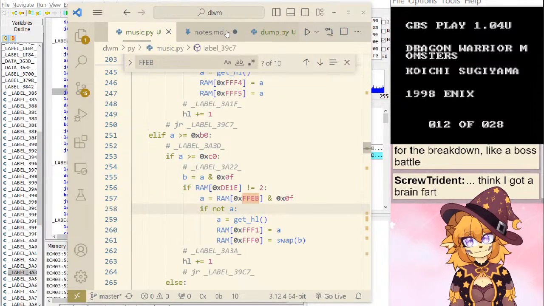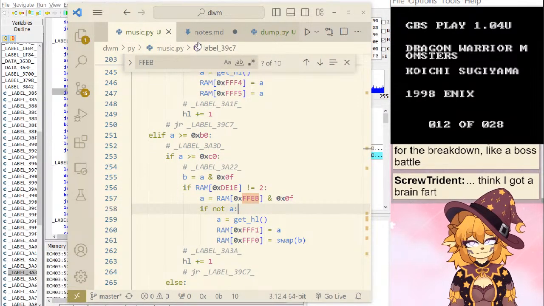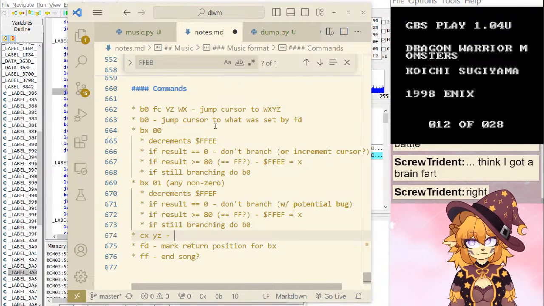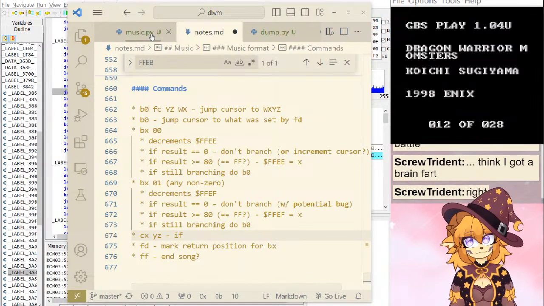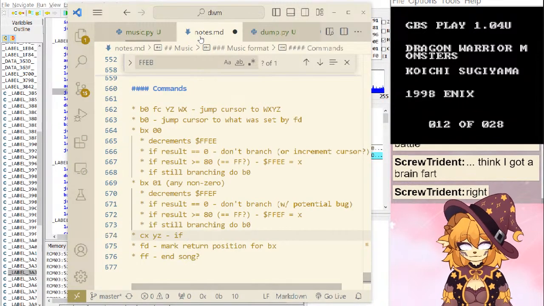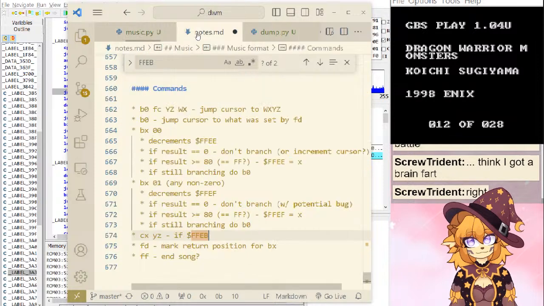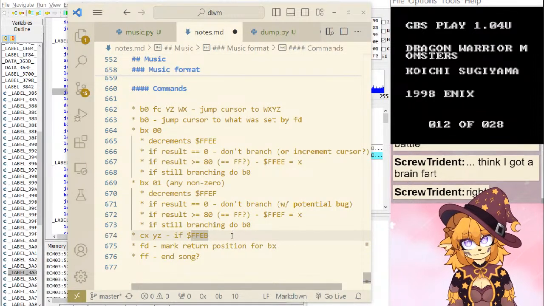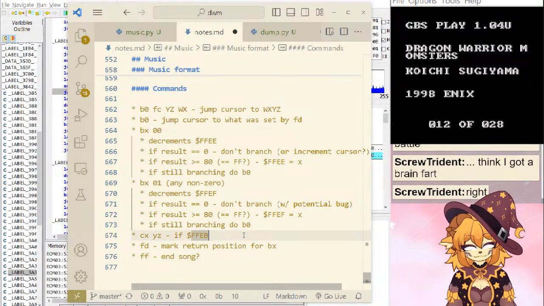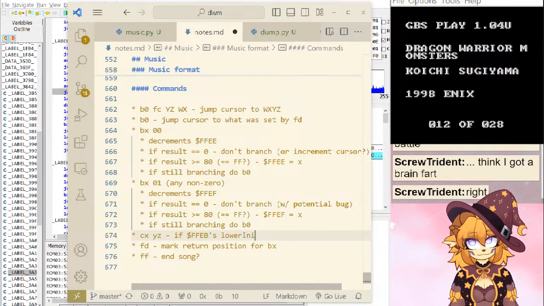Okay. So this puts, so if FFEB was it, contains what is non-zero.